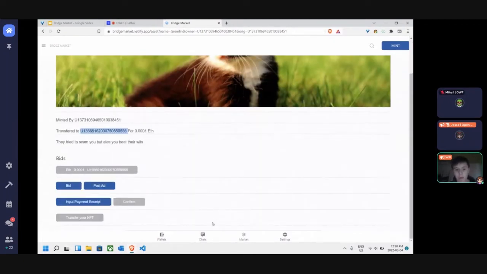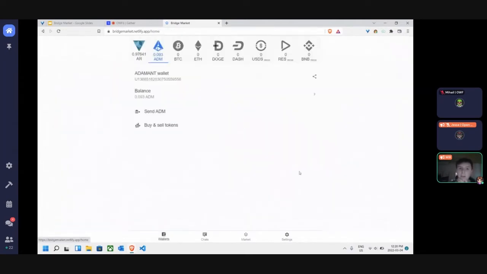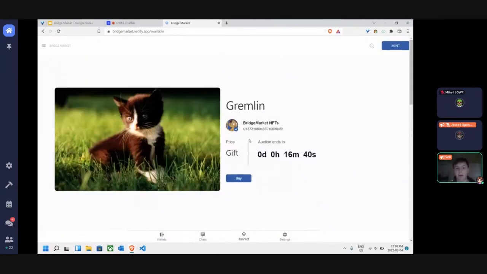And then currently, the website we have offers many different wallets that you can host your money on. So in this case, we've got Adamant, Bitcoin, Ethereum, Doge, and Dash. Yeah. So it allows for the transfers to happen on another network, while the actual ownership gets tracked using the browser of the person eventually viewing the NFT.